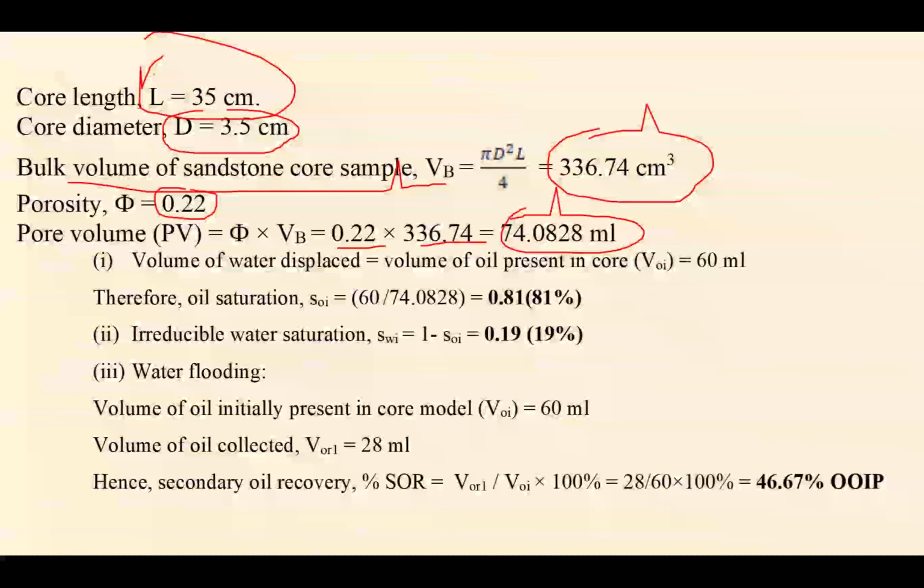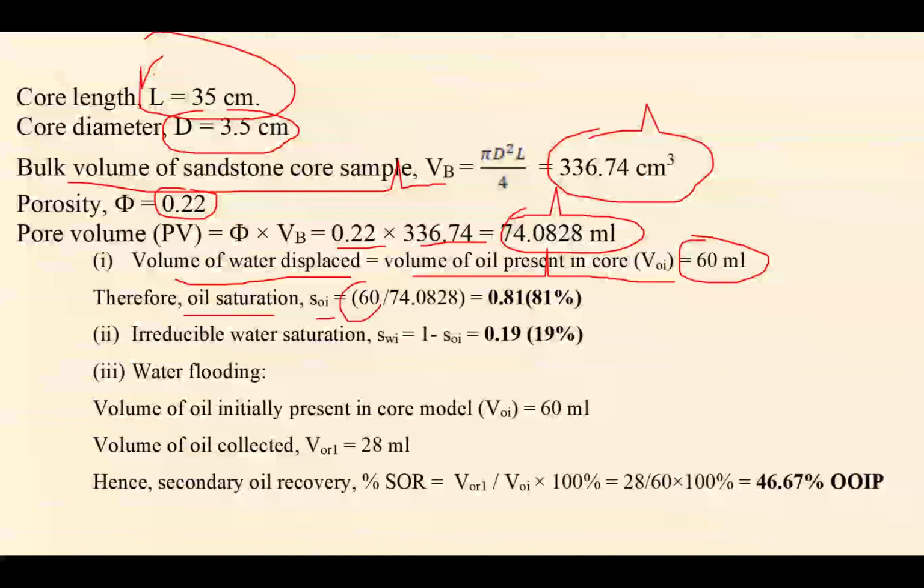Now the volume of water displaced. So after the first step, that is the volume of water displaced. Initially the core was saturated with water. Then you inject the crude oil. Then the water that is displaced is nothing but the volume of oil present in the core initially. So that we have basically measured, as mentioned. It is 60 ml. And therefore the initial oil saturation